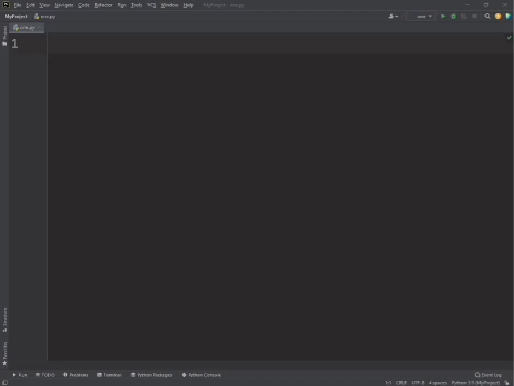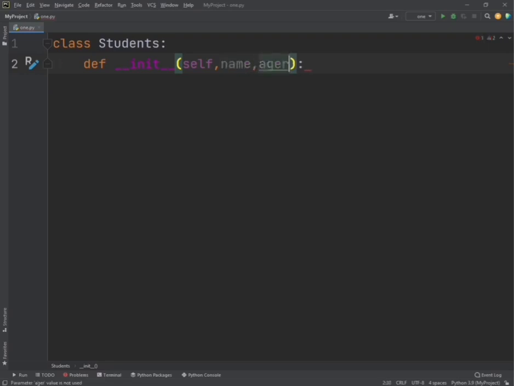In the previous video we discussed inheritance and subclasses. So in this video we are going to discuss special methods, Dunder methods or magic methods. You may call them Dunder methods as they have double underscores, as in the underscore underscore init underscore underscore method. So firstly let's create a student class and I will create an init method and I will assign some